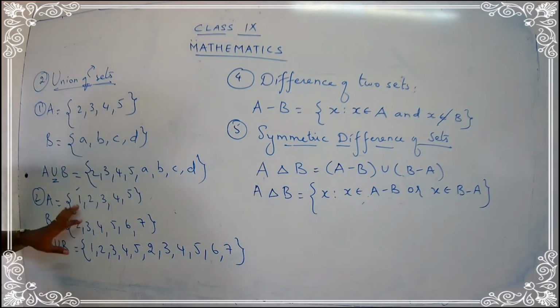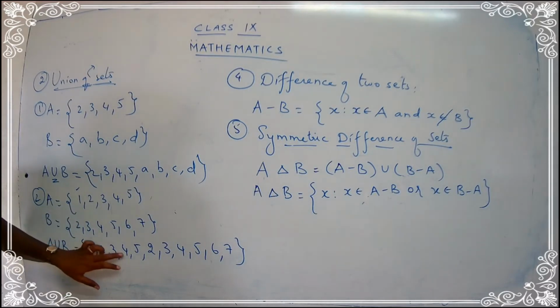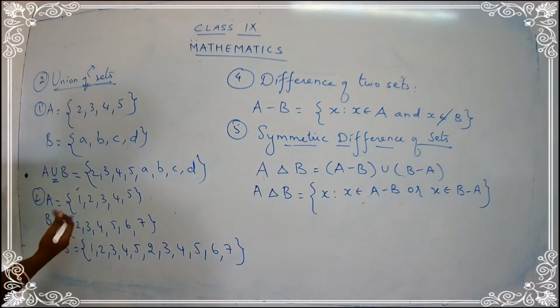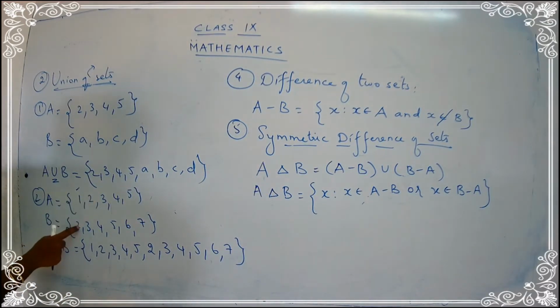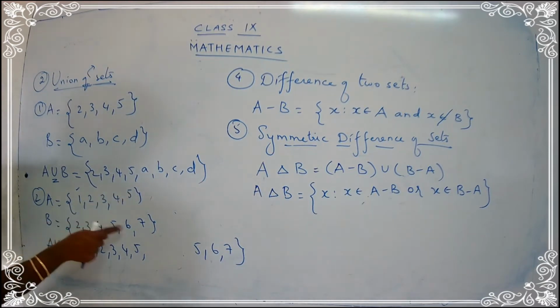But here, just see, children, we had 1, 2, 3, 4, 5. And now, when I combine the B part, what happens? The 2 is already present in A, so there is no need to write the number 2 twice. We have to take it only once. Whenever you are combining, if a number comes twice, that's not a problem, but you have to write it only once. So 2 is coming twice, so I'll rub this part. 3 is again coming twice, but write it only once. 4 is coming twice, but write only once. 5 is coming twice, so write only 5 once. Then what is left? 6 and 7.